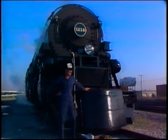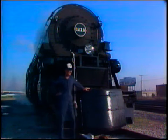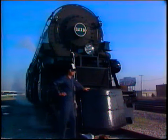I'm tremendously proud of the people that made this possible here in Birmingham. Without them, it would not have happened. I'm glad to have had a part in it, taking it out of the Ronald Park and bringing it back to life. It was great pleasure that I christened the 1218,